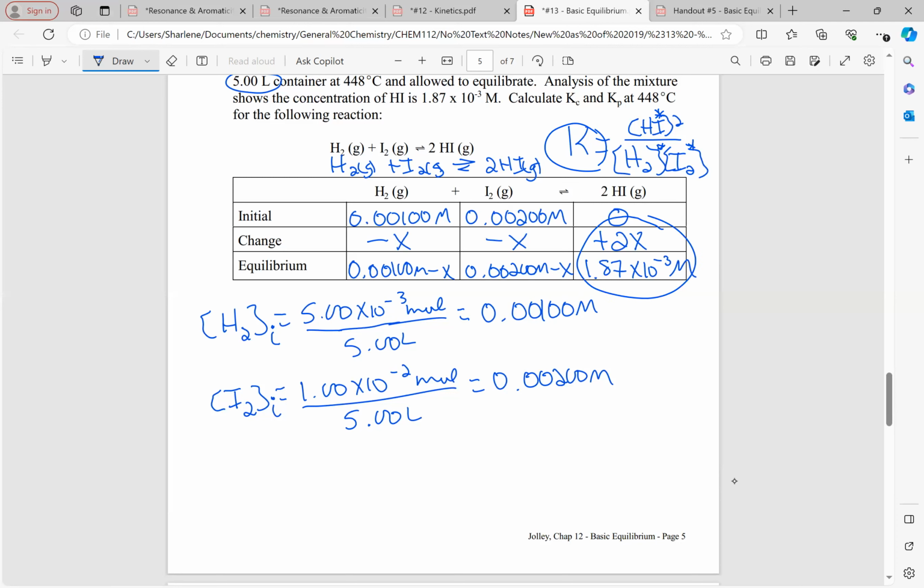Because 0 plus 2x is equal to 1.87 times 10 to the minus 3. Divide both sides by 2, and the answer